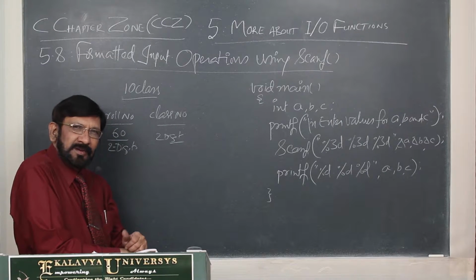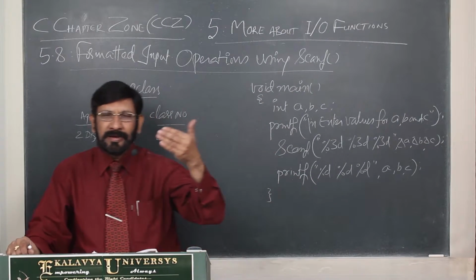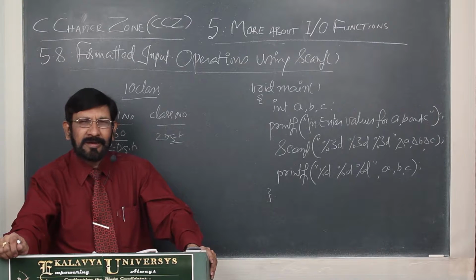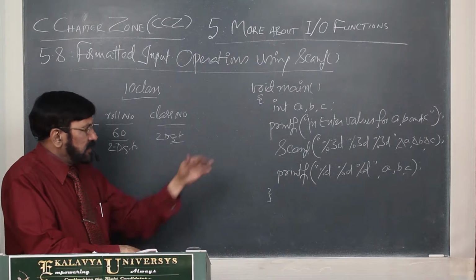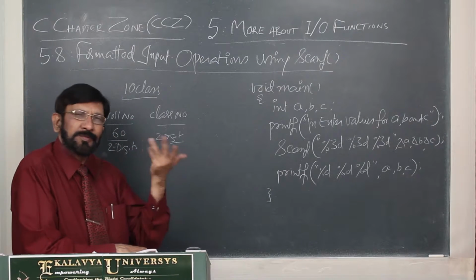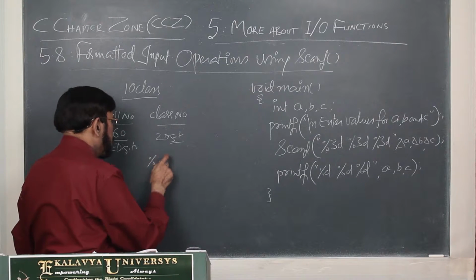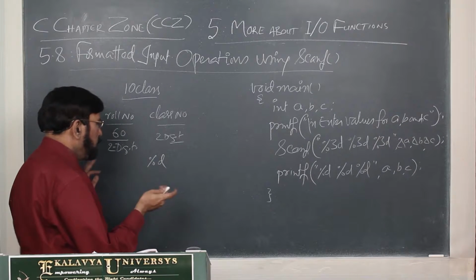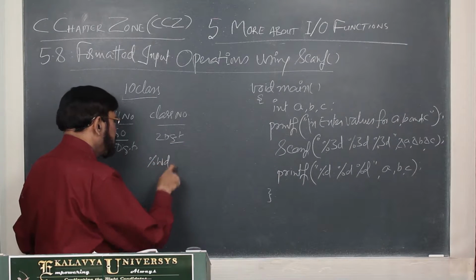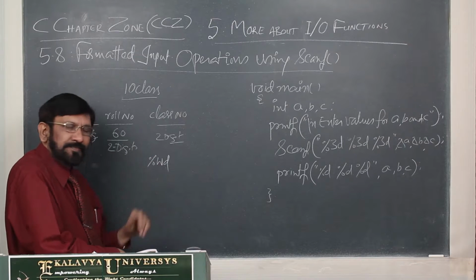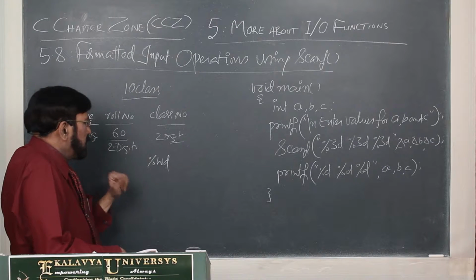In such a case, in order to prevent entering bigger, wrong values, what you do is use formatted input. That means you can limit the input data for this field to never be more than 2 digits. Then how can you do that? Suppose you write percentage %d. Now one width specifier you can mention in between, with the format. This is the way: percentage, width, d. So how many spaces at most you want, you mention here.